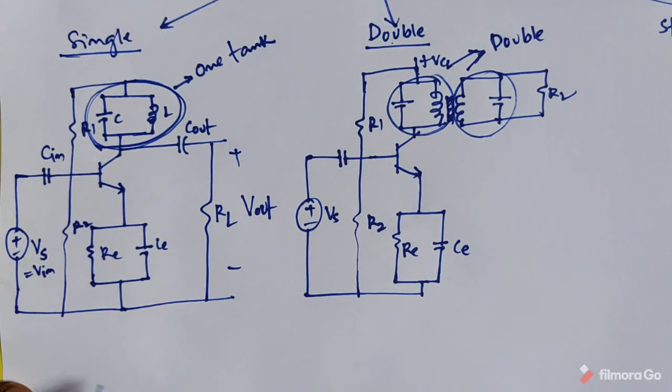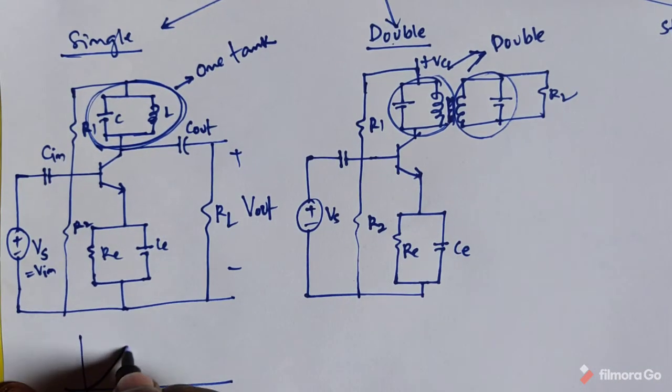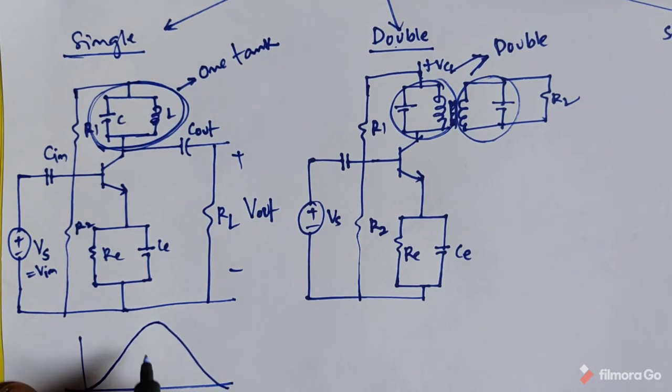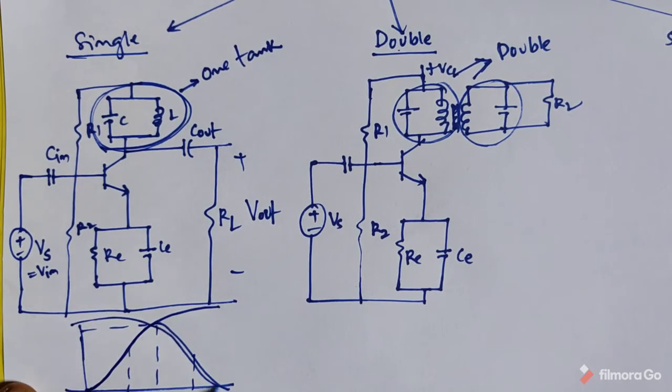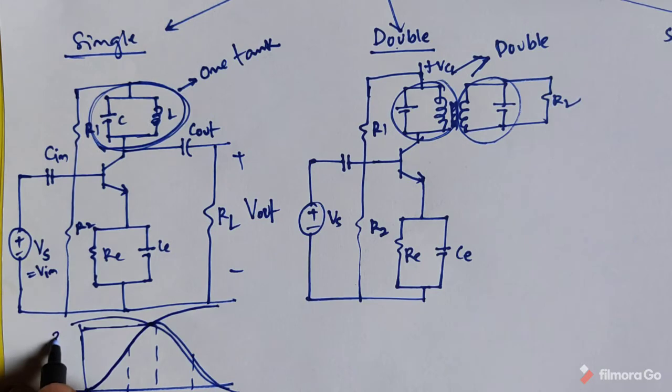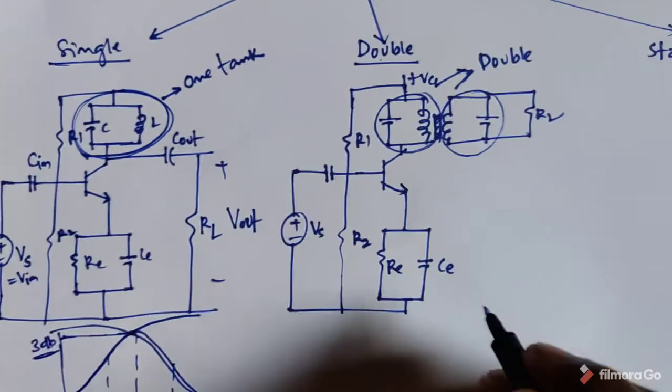For these cases, we have one response based on the inductor and capacitor. You have this type of response for the parallel combination. This is the actual resonant frequency. Until both frequencies are the same, that value is the lower cutoff frequency. This is the reactance of the inductor and this is the reactance of the capacitor. Based on this, you can calculate that both values are the same. That is 1 by root 2, and 1 by root 2 in terms of decibels is the 3 dB value.